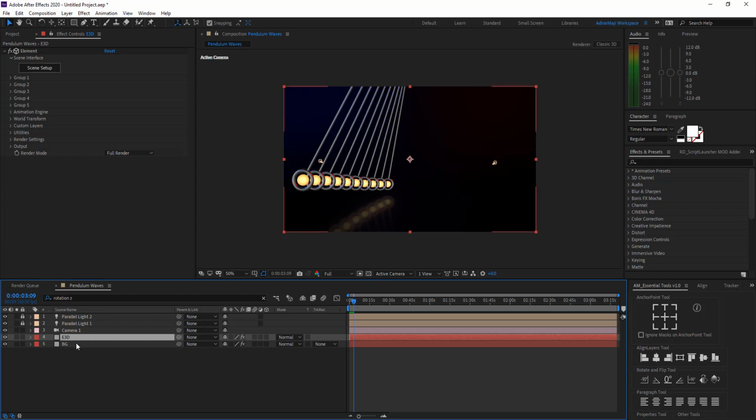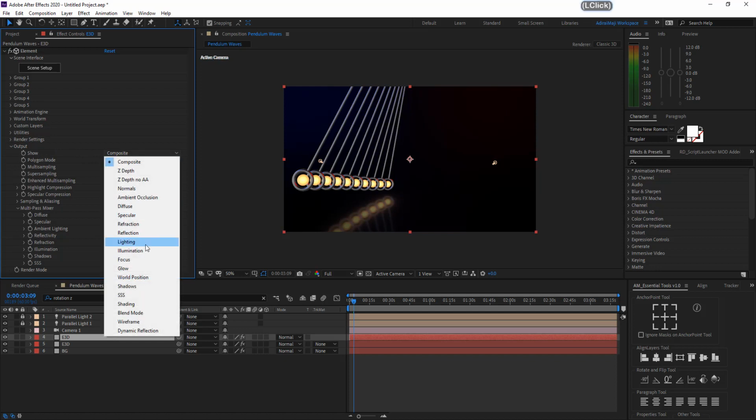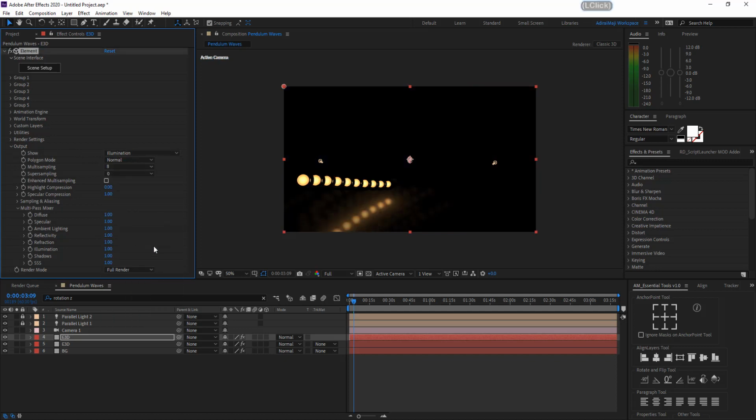You need to make a copy of the Element 3D, just duplicate it, and once the copy is selected, go to the Element 3D effect controls, and within the output, expand it and change the show composite to luminance. Once you got it, you will only see the glowing materials.